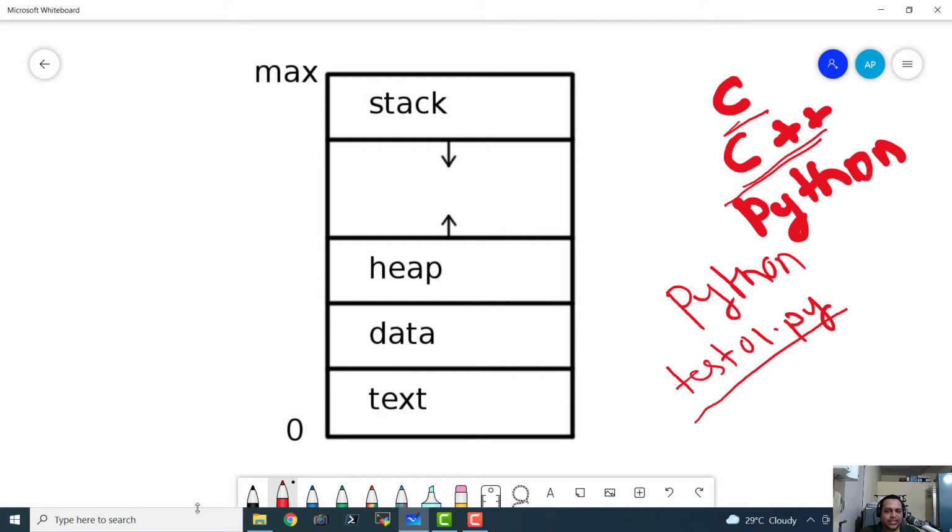Whenever we execute a C or C++ or Python or any other program, the executable translation of that program is loaded into the main memory of the computer. When I say main memory, it means RAM.